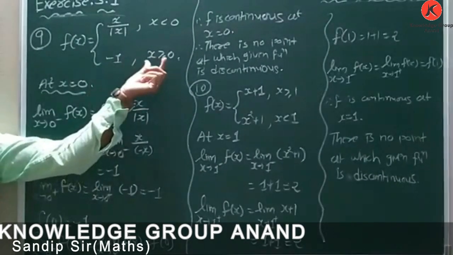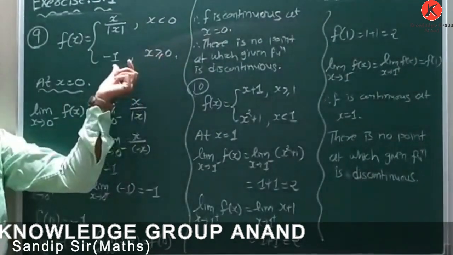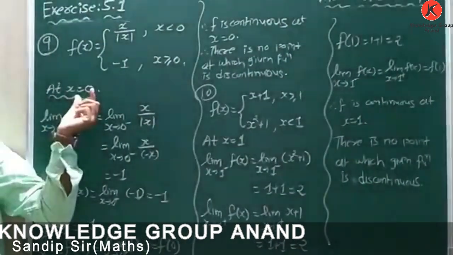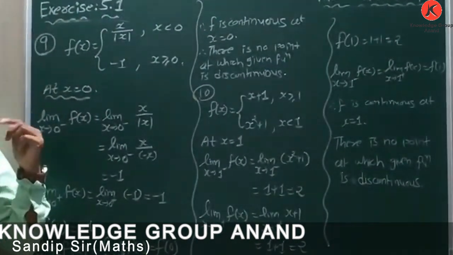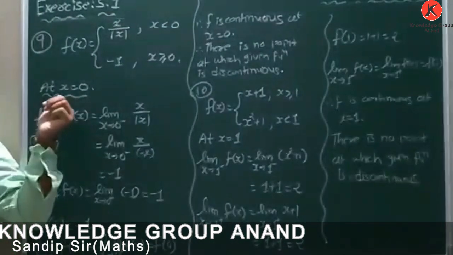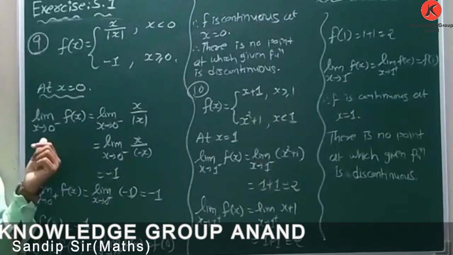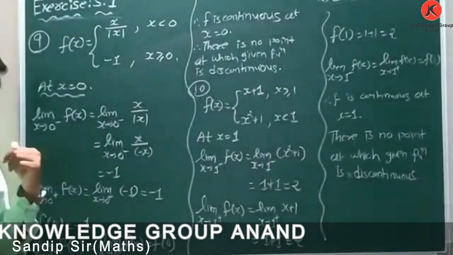So for all values of x greater than 0, the given function is continuous. You have to check at which point, x equal to 0, whether the function is continuous or not. So check x is equal to 0. At x equal to 0, the left hand side limit, x tends to 0 minus, slightly less than 0,